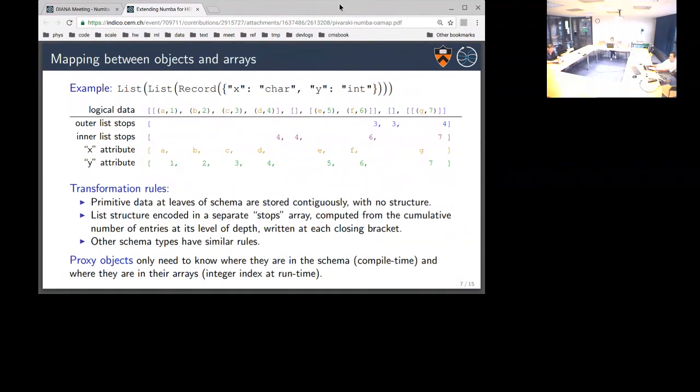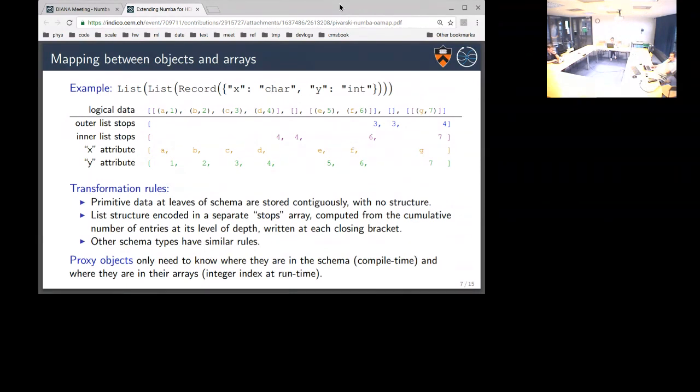So I've written this example. You can follow it: each of the primitive attributes are just written out, ignoring their event boundaries, and then where the event boundaries should happen is encoded in arrays associated with each list, the inner list and the outer list. And I've written down some rules for how this example works. Of course, we have other data types, so there are more rules than are shown here, but this is giving sort of a taste of how you would split the data out into arrays.